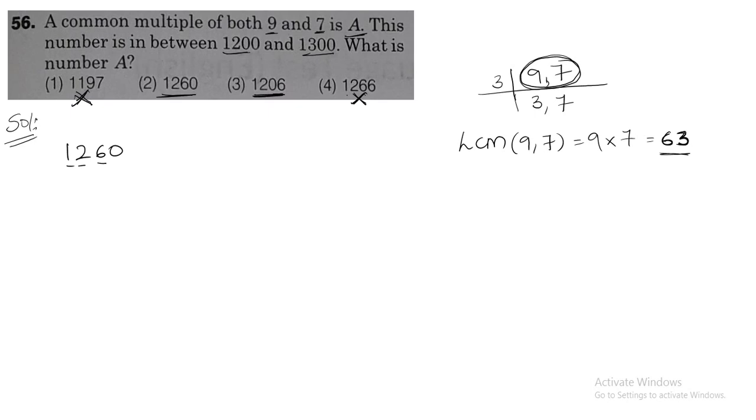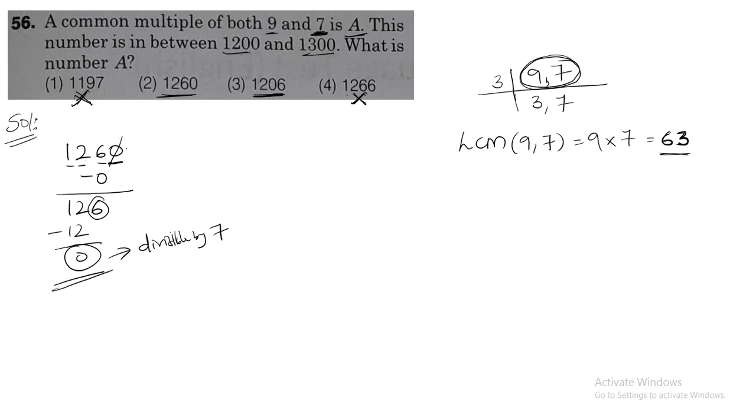So for that we need to verify for multiple of 7. The divisibility rule of 7 is nothing but doubling the value in the units place and subtracting it from the remaining number. So 1260. Double of 0 is 0. I need to subtract 0 from this. Then what am I going to have? 126. Next, double of 6 is 12. So that 12 I need to subtract. I got 0. Hence it is divisible by 7.